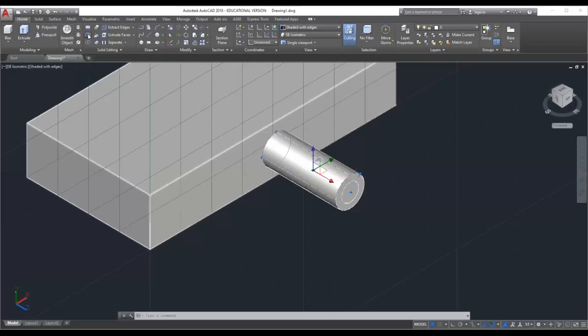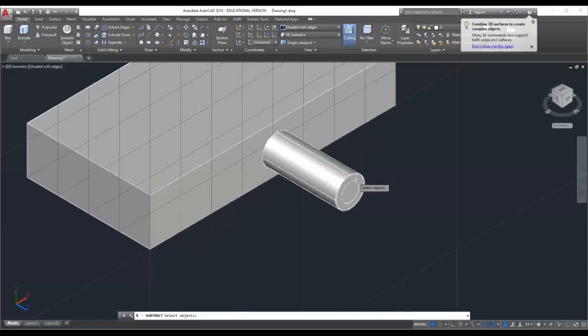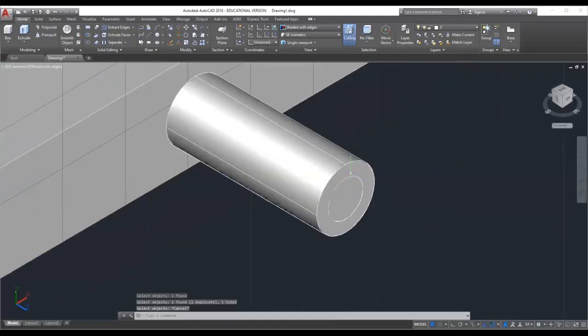Click on subtract command. Select the outer diameter, enter, and select the inner diameter. Go to subtract. Select the inner diameter, enter, and select the outer diameter, enter.